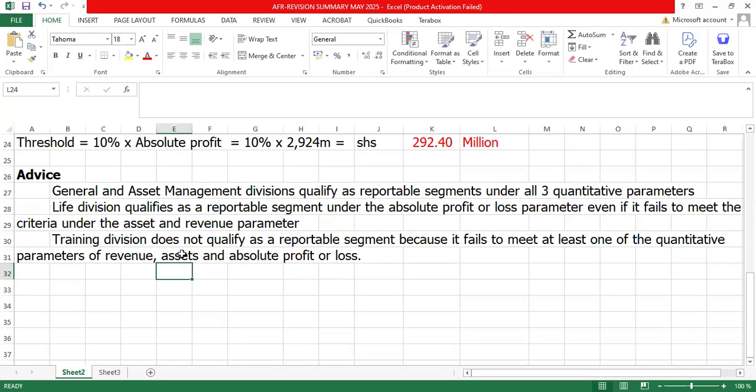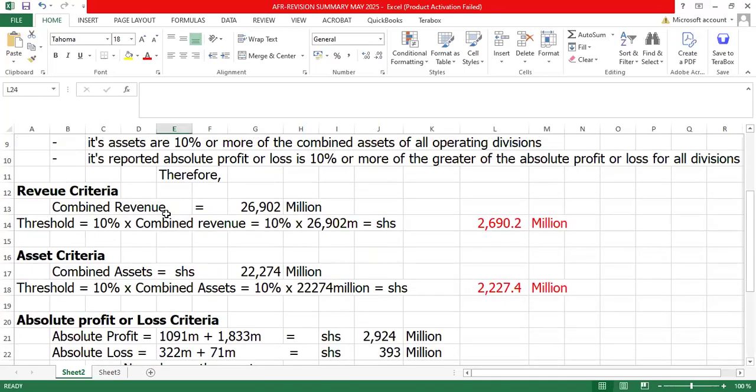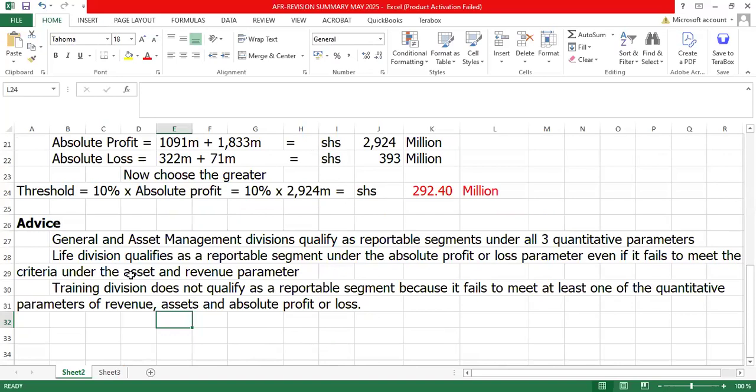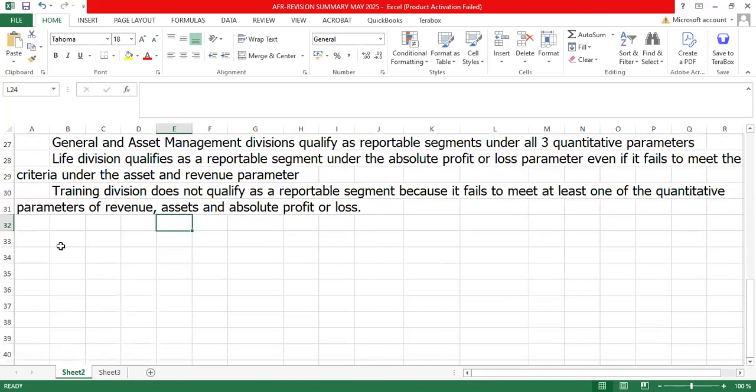Okay. You have advised the management on which division qualifies. Remember, if a division qualifies under one parameter, that is enough. But don't use one parameter and say that that's all. You need to look at all the parameters: the revenue, asset, and absolute profit or loss. However, you are also going to write and say that IFRS